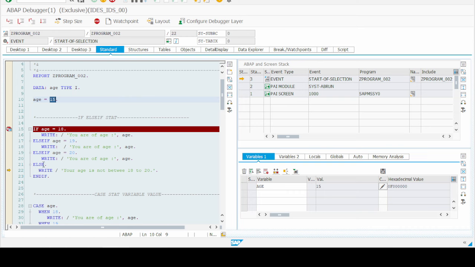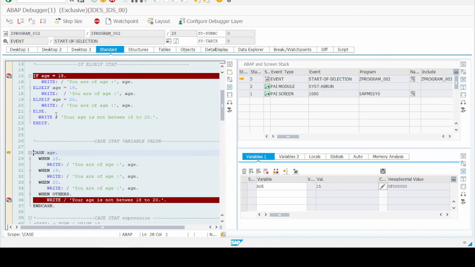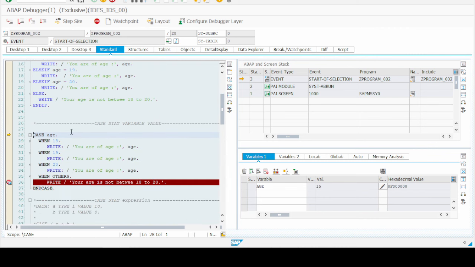So it goes to the else statement, and the system will print your age is not between 18 to 20. So let's move on. Now we are debugging the case statement. In the case statement, when I execute first,